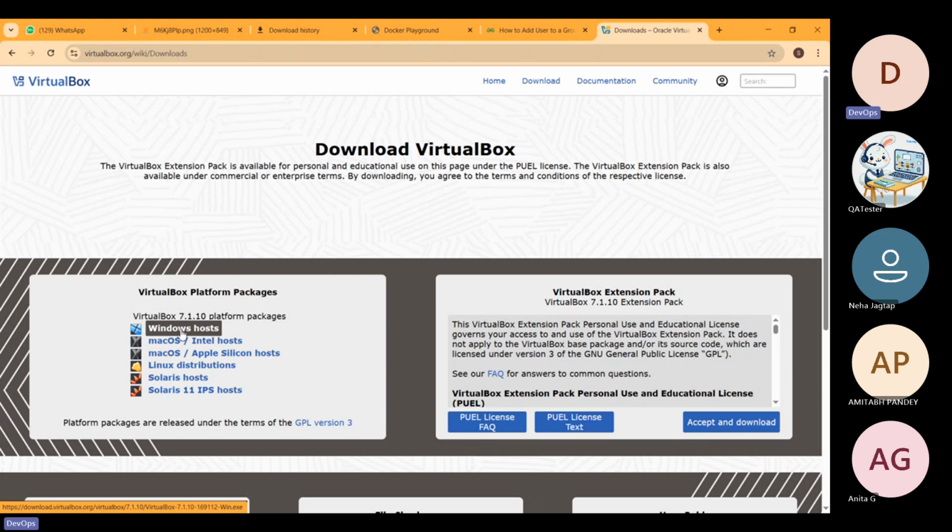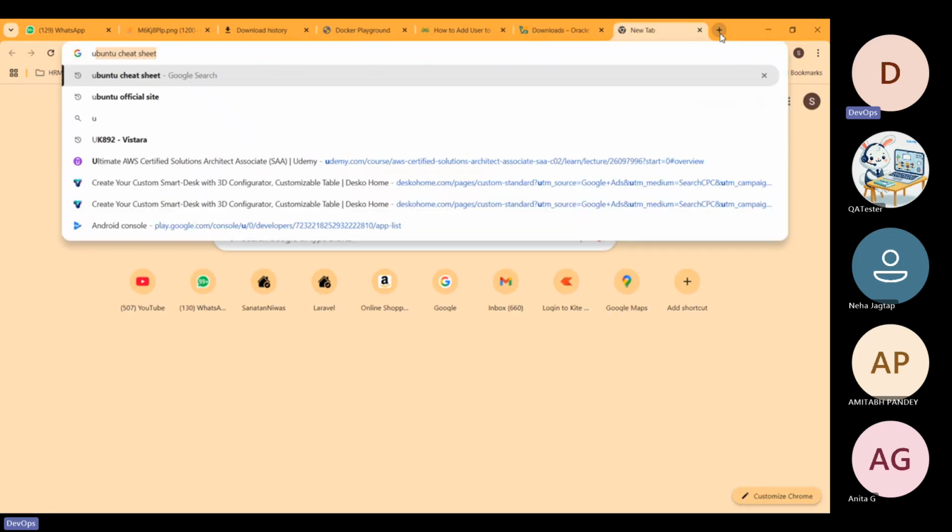Depending on your laptop, if you have Windows, download for Windows host. If you have Mac, you have Linux. If you have a Linux laptop, you don't need to do this. But if you have Mac or Windows, then you have to download this VirtualBox. Once you download VirtualBox, you need to go to the Ubuntu